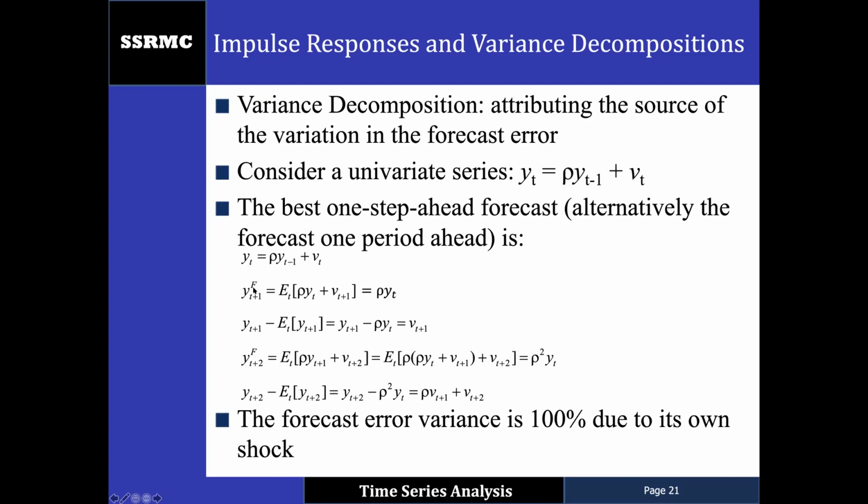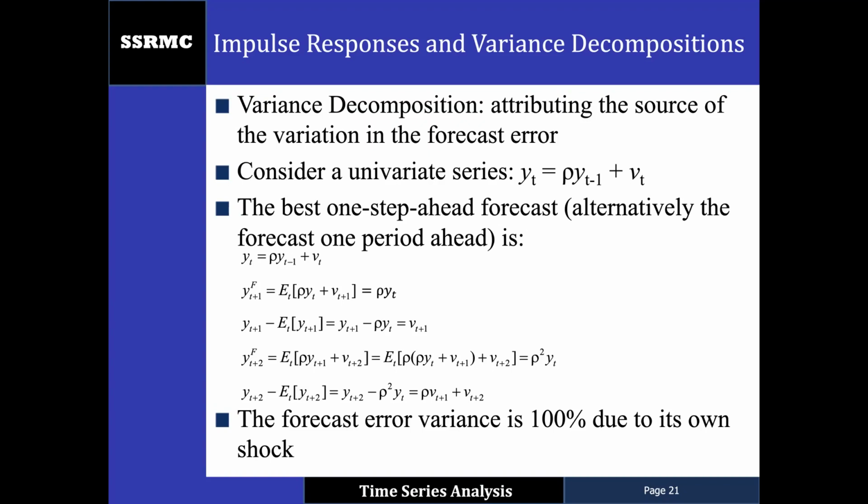Yt plus 1 f, which means the forecast value of Y in period t plus 1. That's basically just the expected value of Y in period t plus 1, because that's all the information that we have to make forecasts in the future. So that's essentially rho times Yt, because the expected value of vt will be 0. Then Yt plus 1 minus Et Yt plus 1 is the forecasting error. And the forecasting error will be vt plus 1. That's the shock that comes in